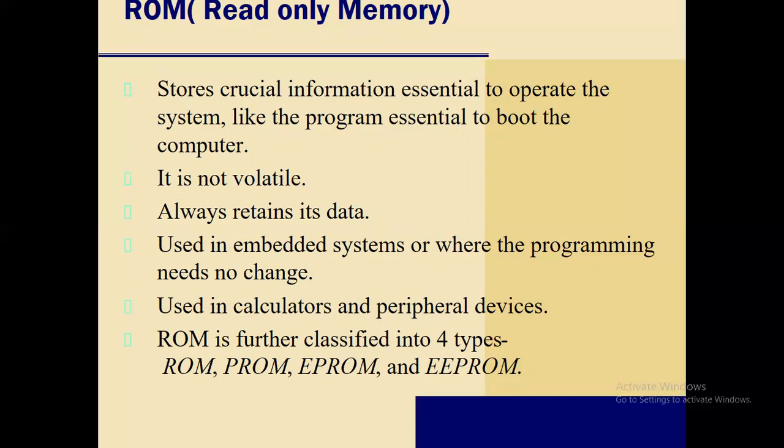The most actively used information in the main memory is duplicated in the cache memory, which is faster but of much lesser capacity. On the other hand, the main memory is much slower but has a much greater storage capacity than the processor registers. So ROM stands for read-only memory.